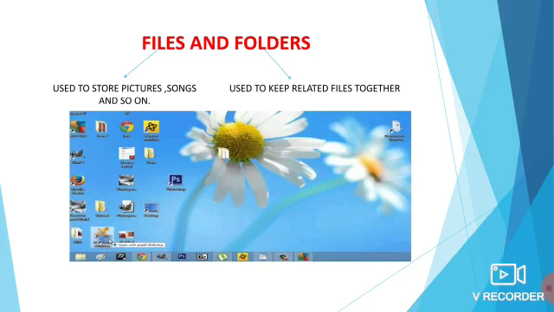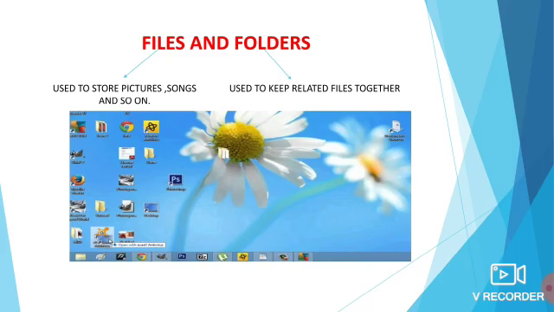Can you keep the sport items in your kitchen? No. Can you keep the kitchen items in your bedroom? No. Wherever the correct location is, only there do you have to keep that particular thing, isn't it? Likewise, you have to keep the related files in the correct folders.